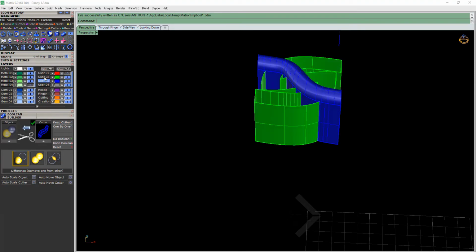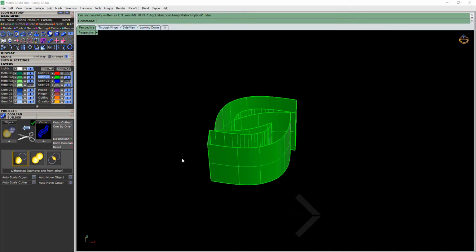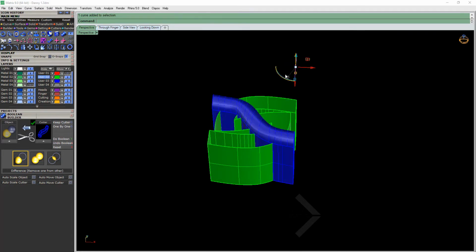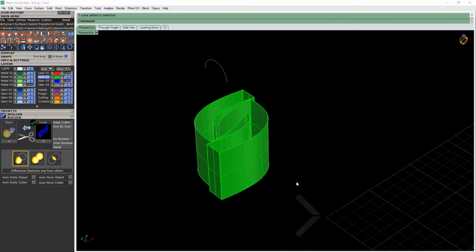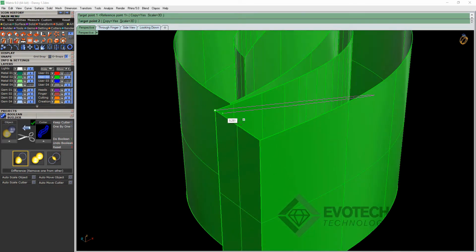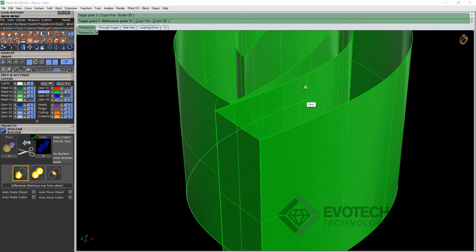Let's bring back the green section here and do the same thing. Just need that. Let's change that to green. So we're going to do the same for this curve here, and go to our transform menu and select Orient 2 Points, selecting the object to orient, which is going to be this one here, enter the reference point, which will be from there to there. And for this one, we're going to come across to here, and you probably want to put your near snap on for this one, just so you can snap across